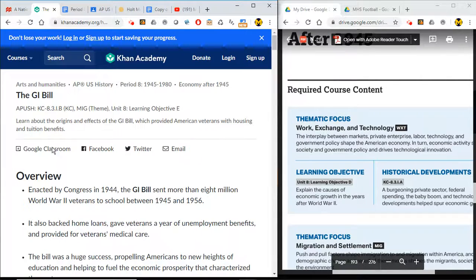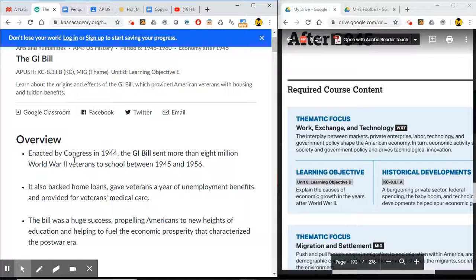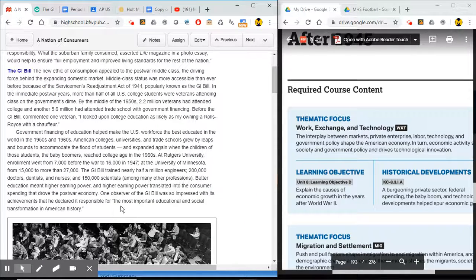If you go to Khan Academy, they've got a big explanation of the GI Bill. That's the main focus of here. And so veterans are able to go to college. They're able to get unemployment benefits. It really boosted this large part of the population that had given themselves, in some cases voluntarily or in some cases drafted, into the war effort. And that was a big boost to the economy.